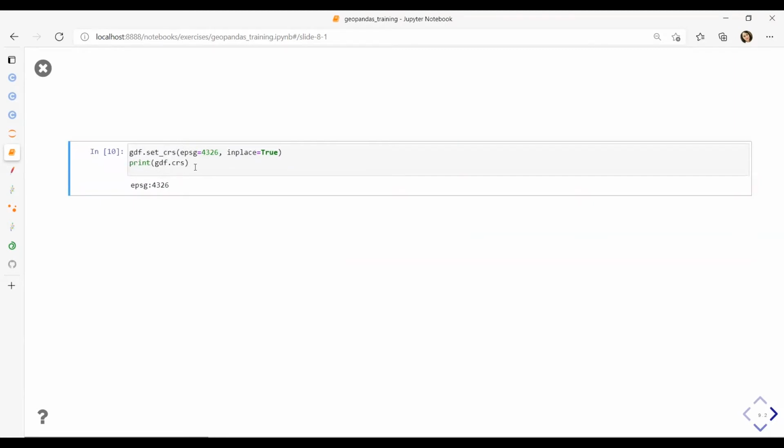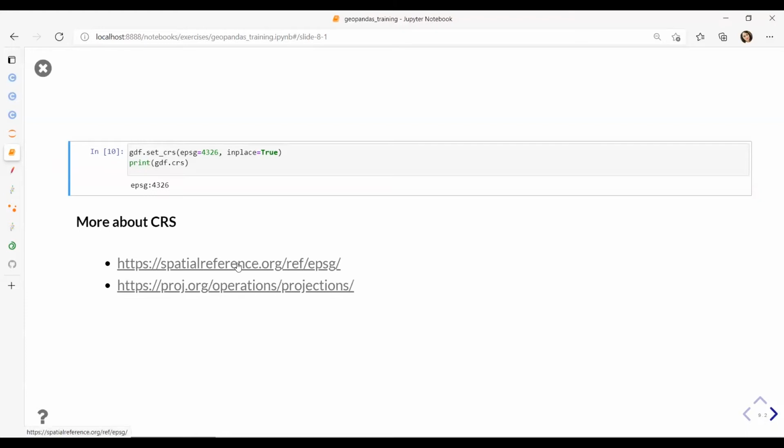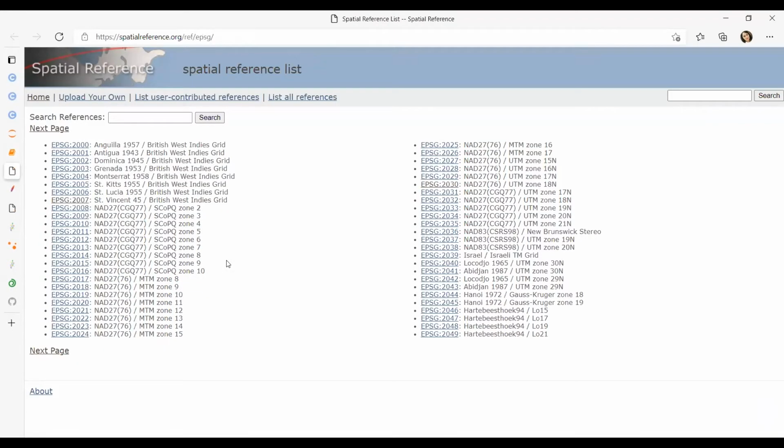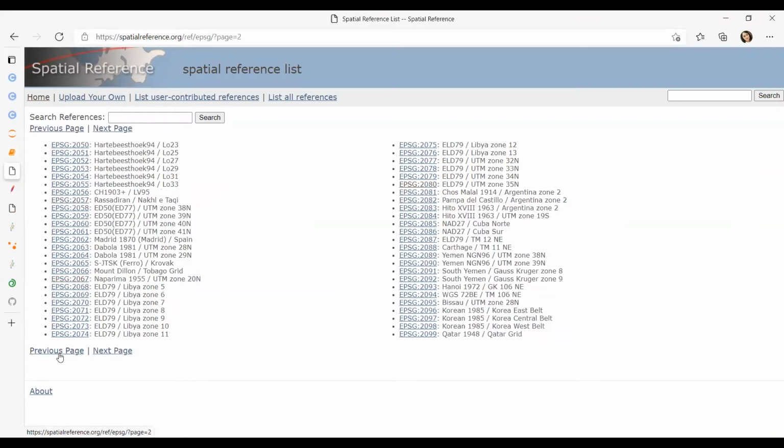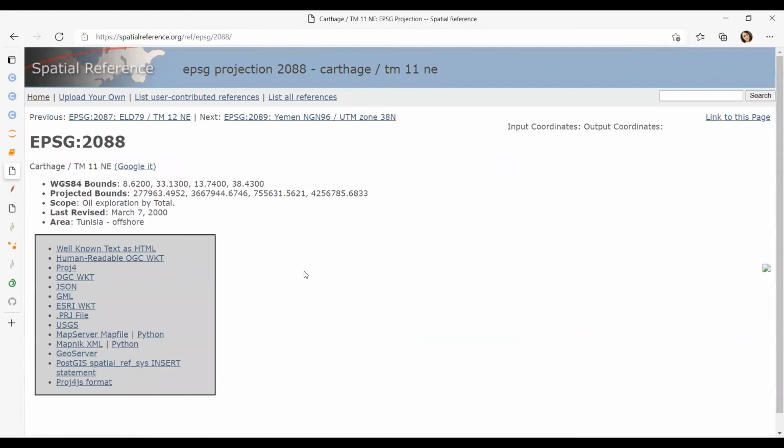And I'm printing it as well just to check that it worked. I've also included several links, quite useful, I think. One is spatial reference, where you can find many codes and coordinate references, so we'll just open one.